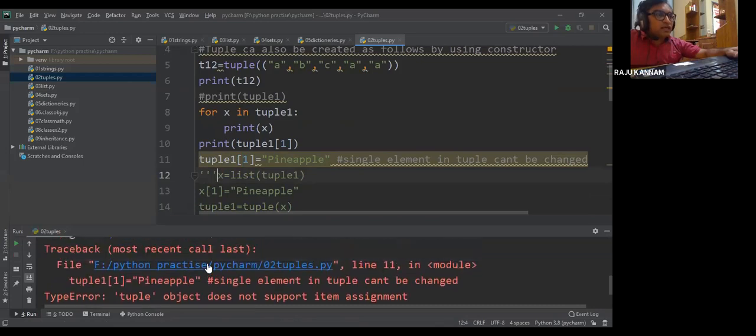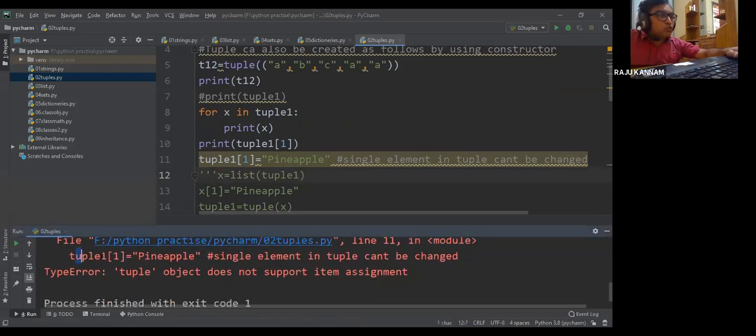see here, it is throwing an error: the tuple object doesn't support item assignment. That means you cannot assign an element at a particular index.